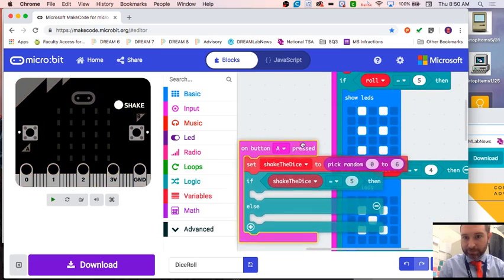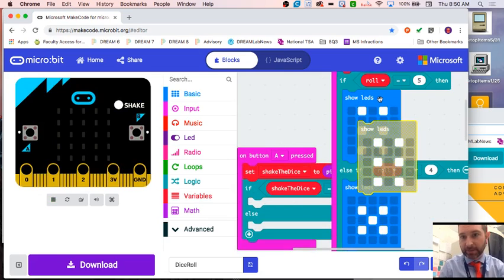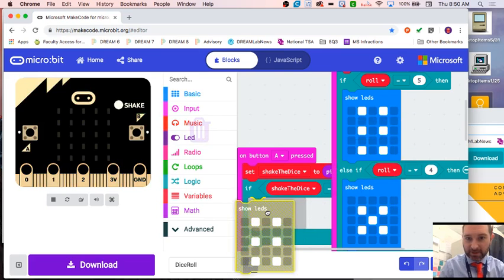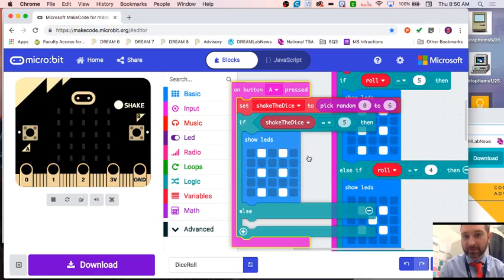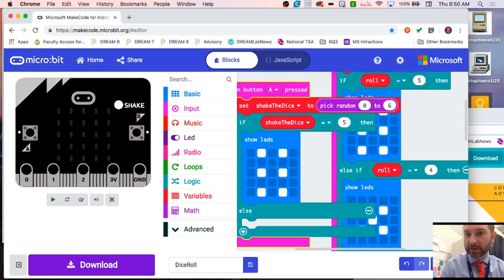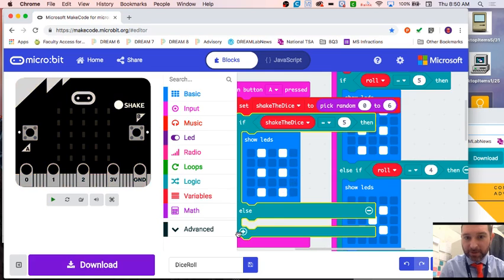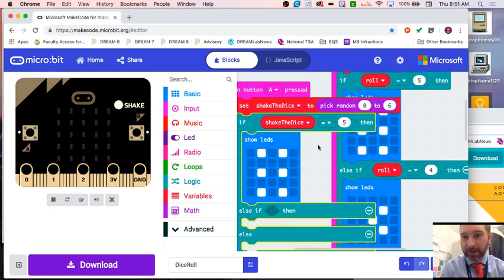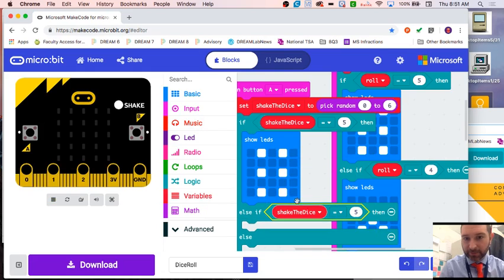this is where you can see that we show this, and I'm going to copy and paste. If shake the dice equals 5, we show the 6. Okay? And now we want an else if. Whoops, did the minus, right? So we add 1. Okay? And we can simply copy this one, paste it in, but we just have to remember that we are changing